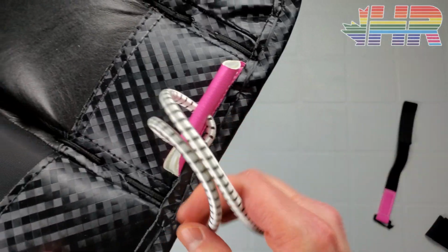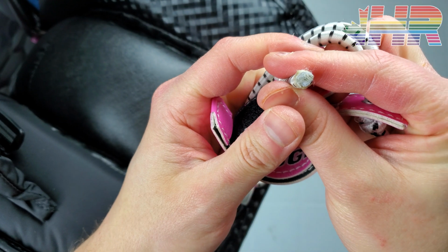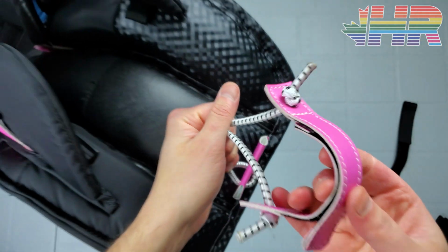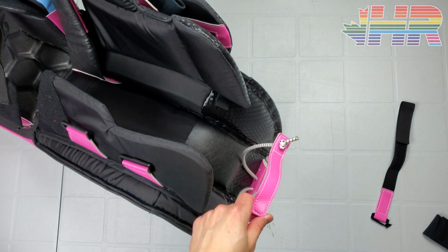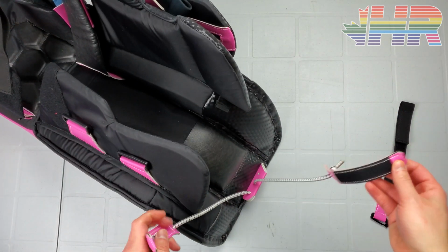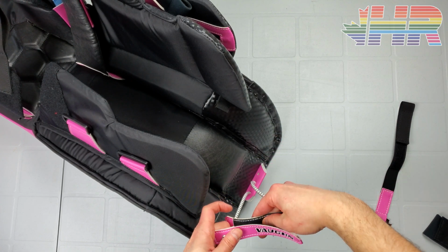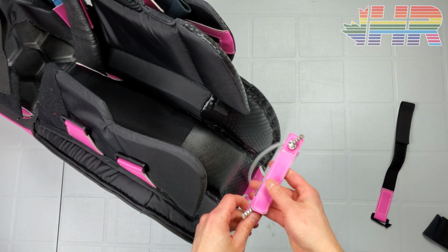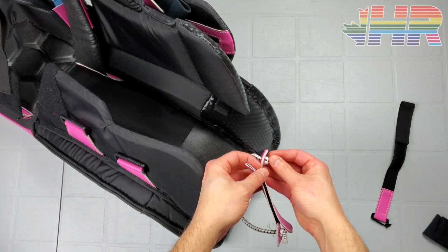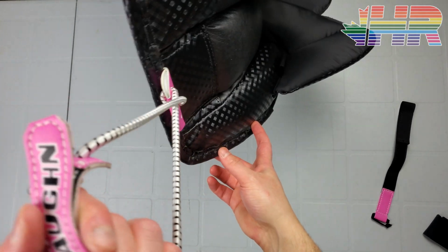So one, they're using a nice wrap elastic, so it's nice and thick, as you can see, similar to what CCMs were, and CCMs are pretty good for the retail, if not best, besides Lefebvre and True, because they use pro laces and they're obviously the best, but they're super expensive. But finally, just a normal Velcro system with Vaughn's logo on there. Super simple to do up, super simple to adjust, literally no loops at all, just goes right through, and that's it. Huge fan of this design, super simple, it's going to be really easy to work with,